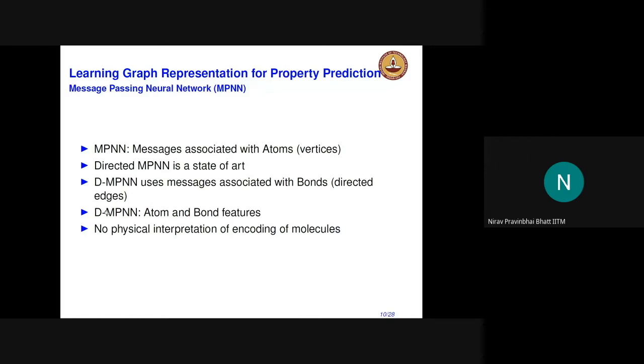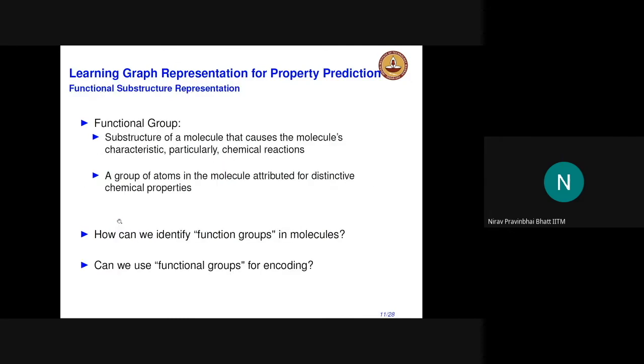It performs well, of course, but if I actually want to generate a new molecule, I have to go to completely new training and a new way of solving the problem. So what we thought is, can we actually bring some physical meaning to encode the molecules?